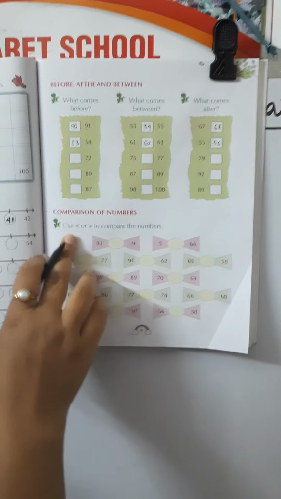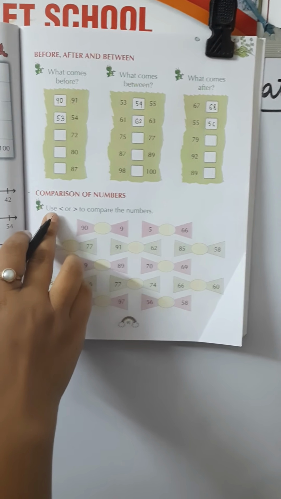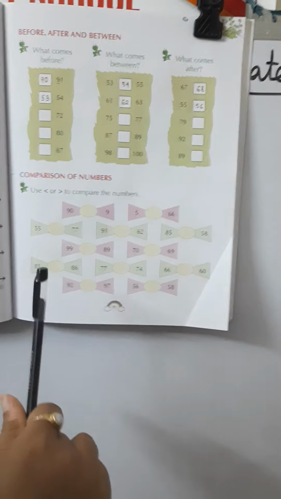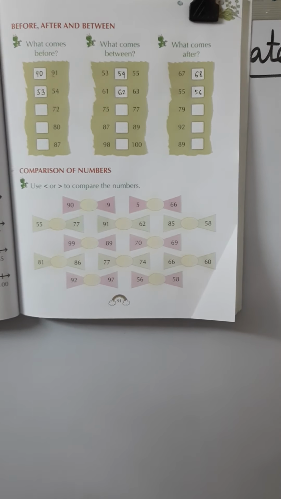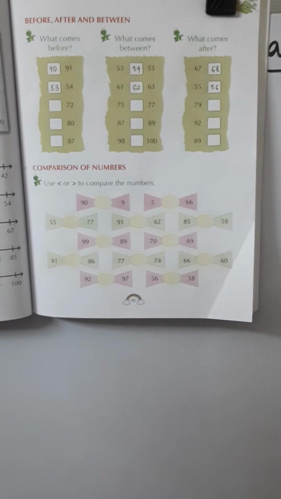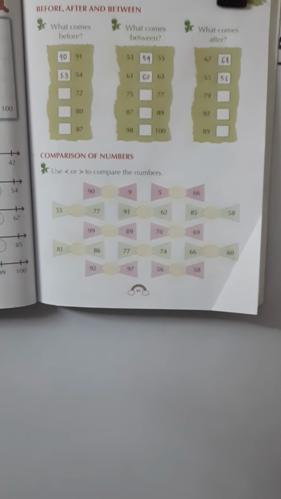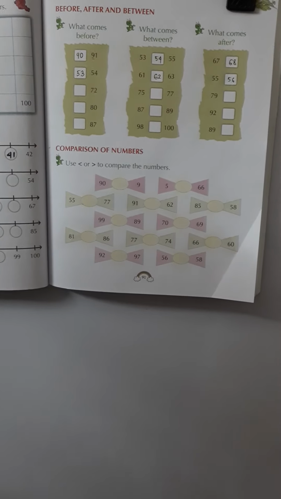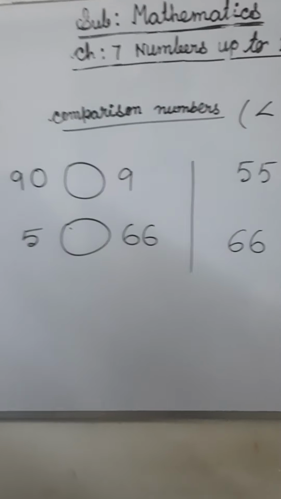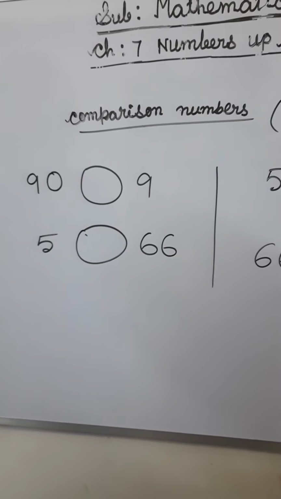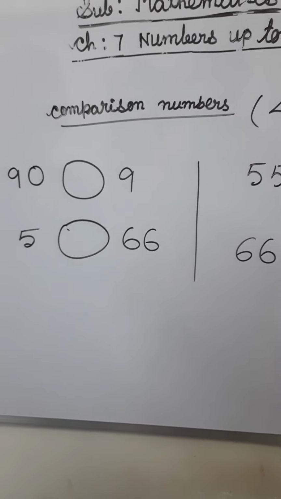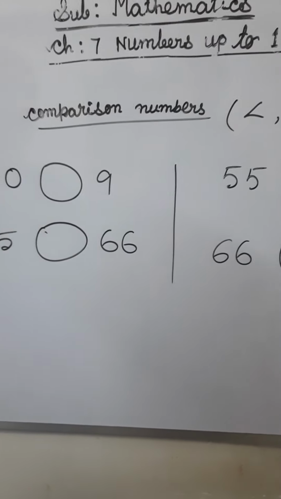And now next we go to the comparison of numbers. Here we have to use the greater than and less than symbols and compare the numbers. I told you before in your previous class that when you are using the comparison greater than and less than, we have to use some tricks. So let's go to the board work. In comparison of numbers, I told you one trick before, and now I will repeat that one. You remember that, my dear students, and you will be able to do comparisons easily.